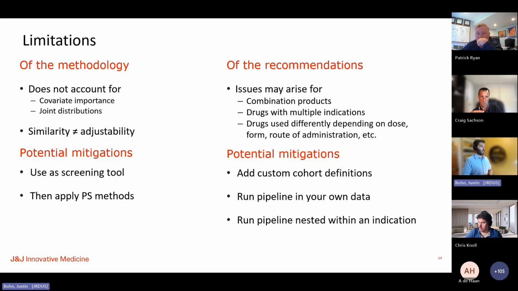But there are plenty of potential mitigations here. This is probably most useful as a screening tool before which you apply something like a large-scale propensity score analysis. The recommendations themselves are also sometimes problematic for drugs that are combination products or have multiple potentially disparate indications. If anybody wants to know more about that, I have some backup information that you could ask about